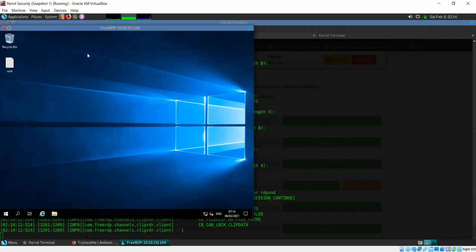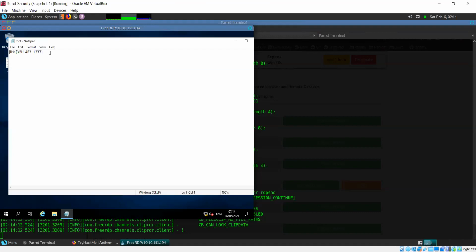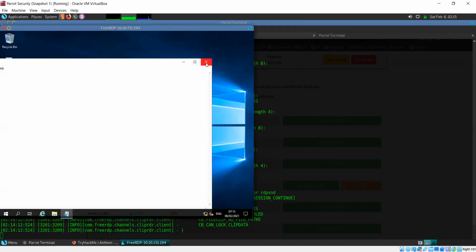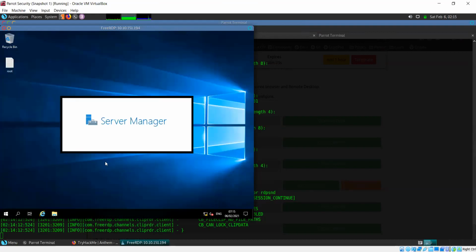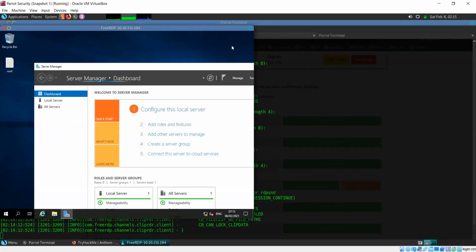When you log in as the admin, you see on the desktop there's this root file, and this is our root flag, the final flag on this system. Once you've done that, of course, that is the end of this CTF. It's also opening Server Manager for us since we are the admin, but we don't need that.